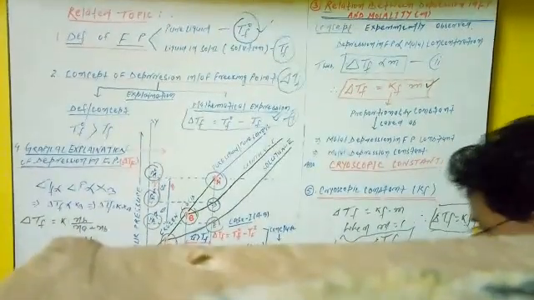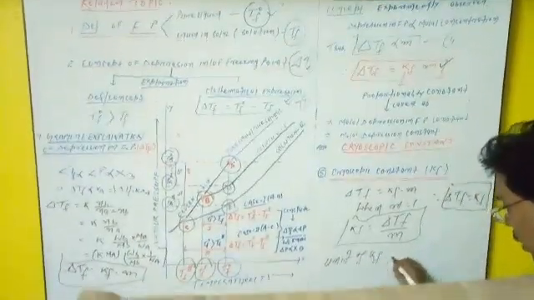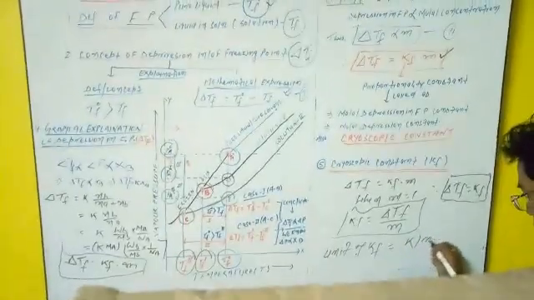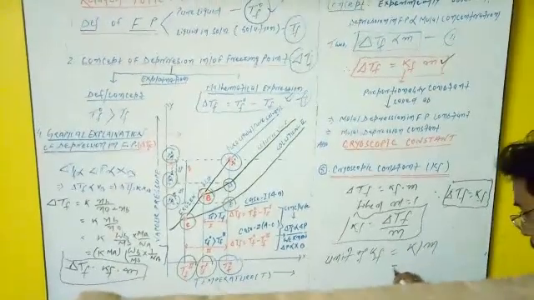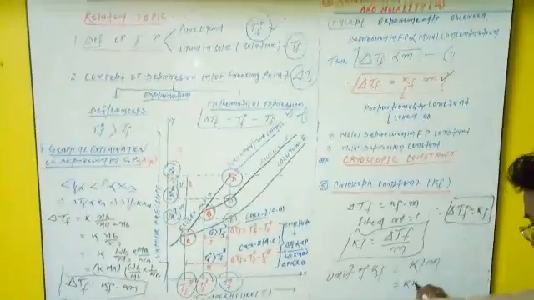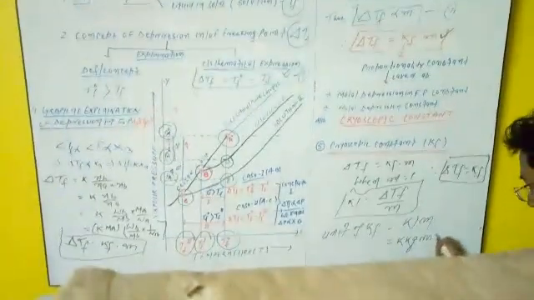According to this, the unit is similar to that of the ebullioscopic constant. The unit of Kf is Kelvin per molality or degree Celsius per molality, but more commonly it is called kg per mole. These are also its units. So these things are the concept about the cryoscopic constant.